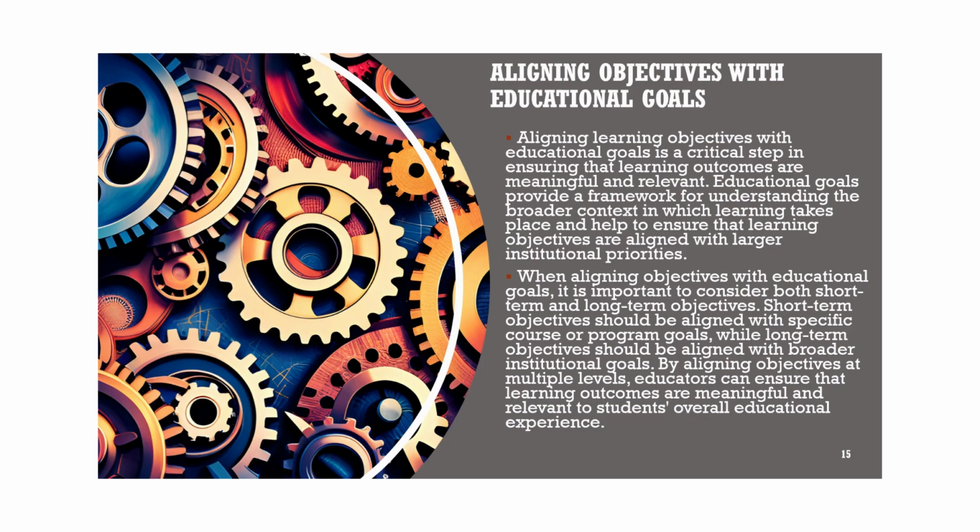When aligning objectives with educational goals, it is important to consider both short-term and long-term objectives. Short-term objectives should be aligned with specific course or program goals, while long-term objectives should be aligned with broader institutional goals. By aligning objectives at multiple levels, educators can ensure that learning outcomes are meaningful and relevant to